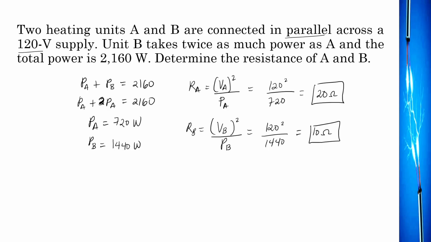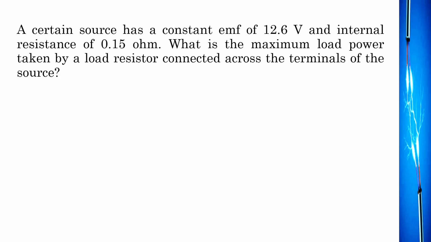Ayan. So, next item. A certain source has a constant EMF of 12.6 volts and internal resistance of 0.15 ohm. So, what will be the maximum load power taken by the load resistor connected across the terminal of the source? So, kung matatandaan natin, ito yung may kinalaman sa maximum power transfer. So, ngayon, syempre, ito lang yung resistance, so 0.15, at ito lang yung voltage, 12.6 volts. Ano daw dapat na value, o sabihin na natin, ano dapat yung maximum power na pwedeng